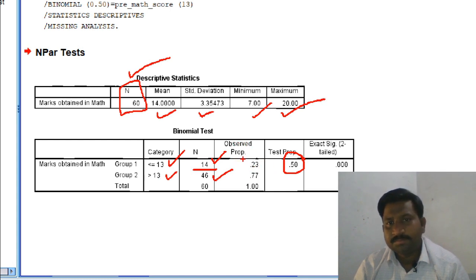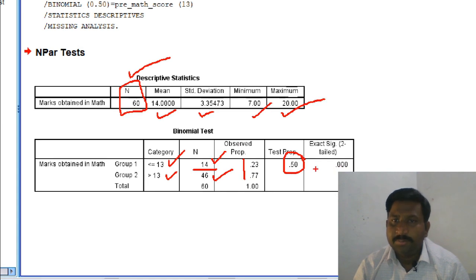This is the observed proportion. And this is called the p-value.